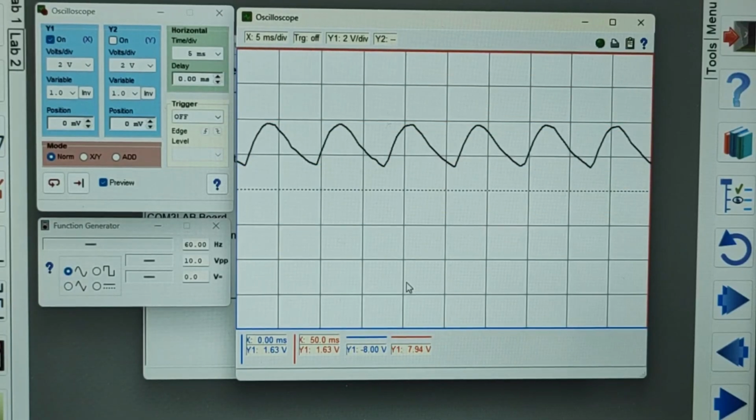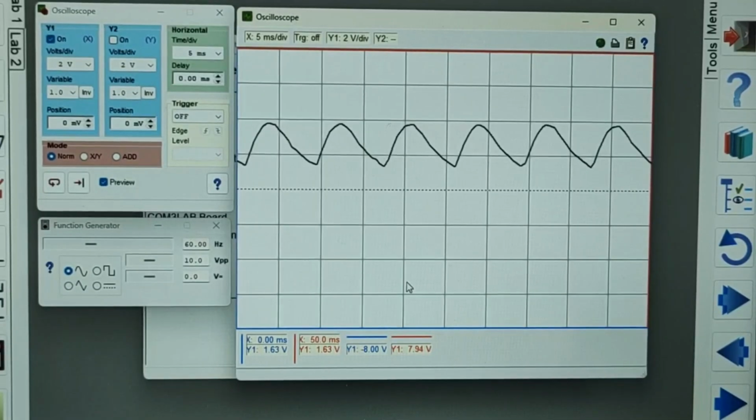Now, let us see what happens if I increase the capacitance in the filter. Let's do that now. I will replace the 1 microfarad capacitor with a 10 microfarad capacitor. Now we have a 10 microfarad capacitor in the circuit.